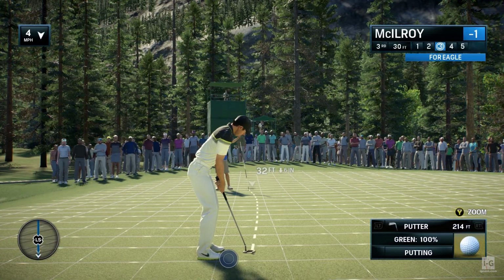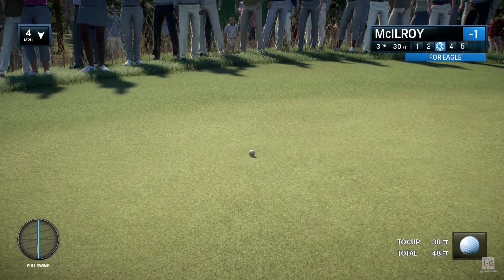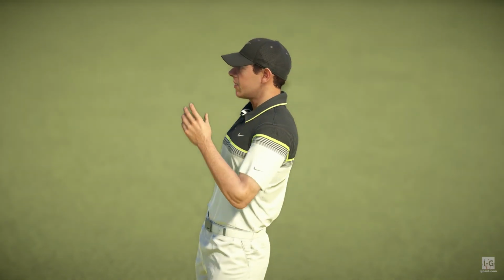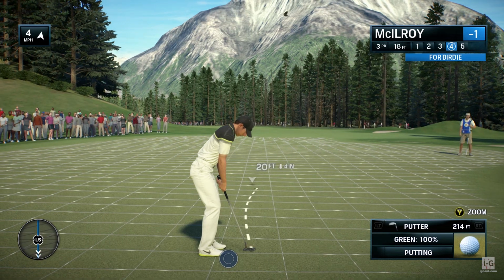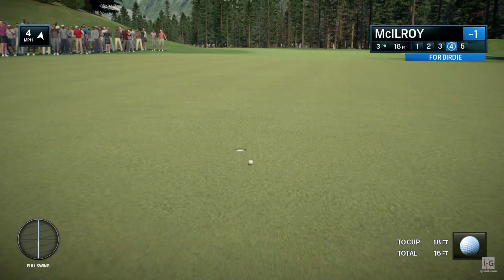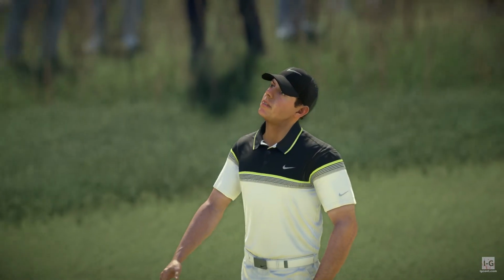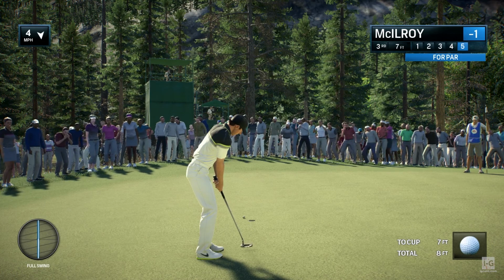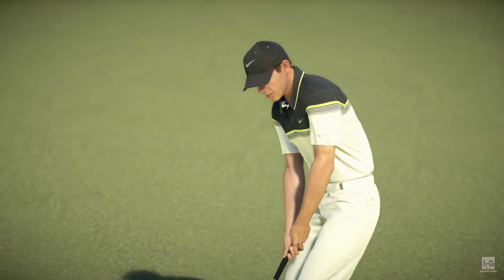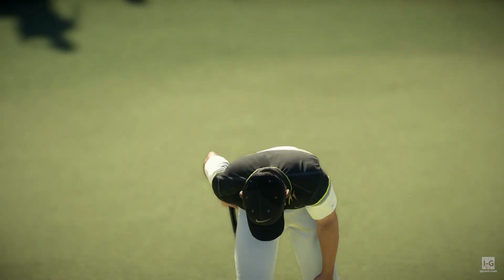Long putt here. This will require a good touch. So a long putt there and just didn't read it quite right. Locked in on the read and the speed. Just when you think you're going to make birdie, now have to really concentrate on this and at least make par. That was a good-looking putt, just not falling right now. No, sadly, he's going to be disappointed. Has this now for bogey. So with that, the score is now at even